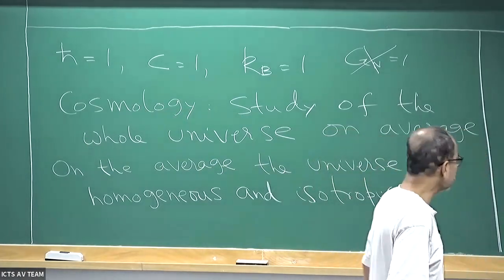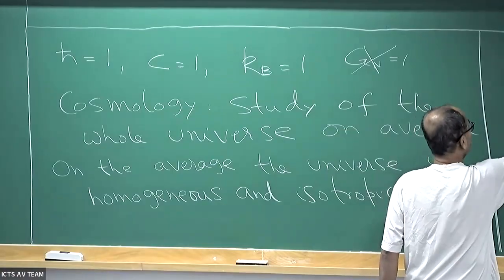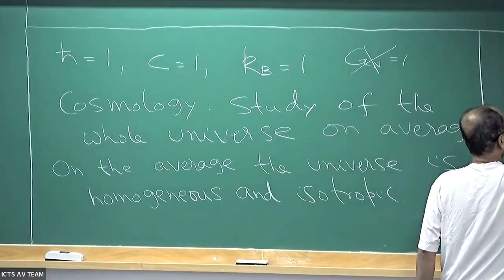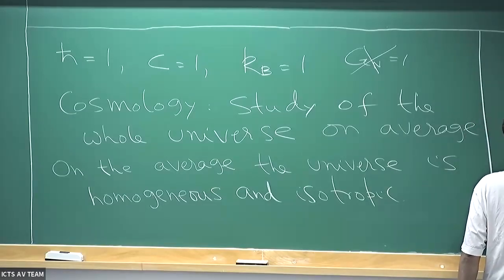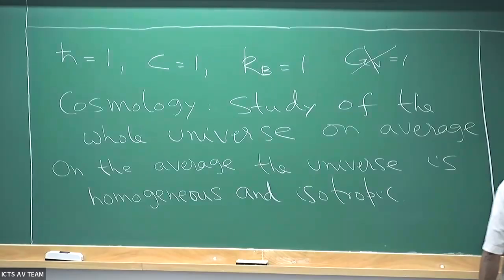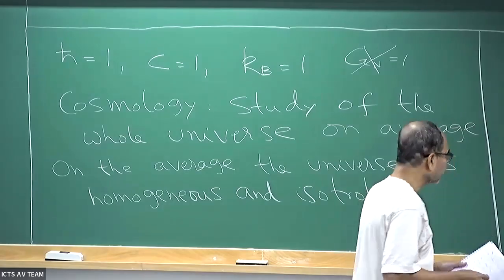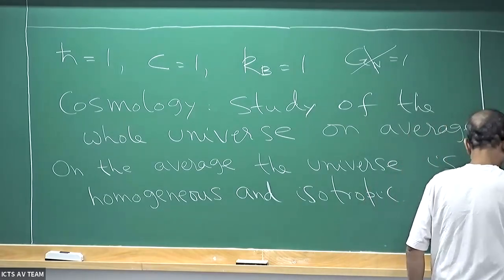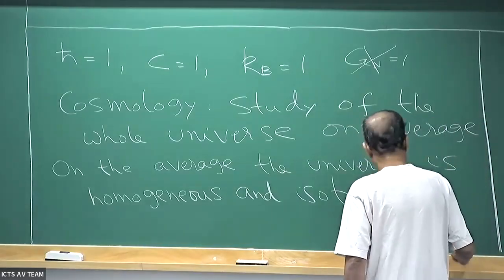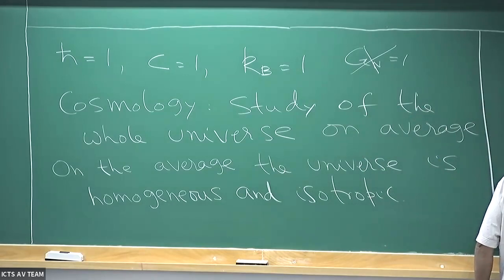So this is summarized in what is called the FLRW metric, Friedmann, Lemaitre, Robertson, Walker metric. And that says that by choosing an appropriate coordinate system, the metric that describes the whole universe on the average can be written as minus dt squared